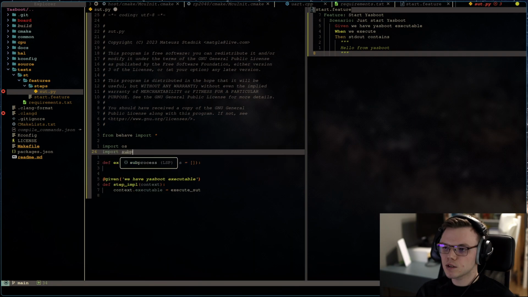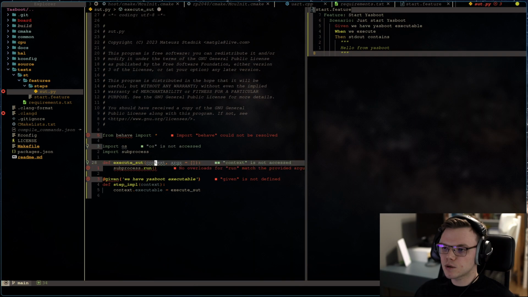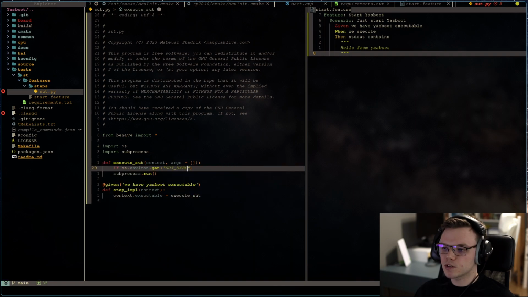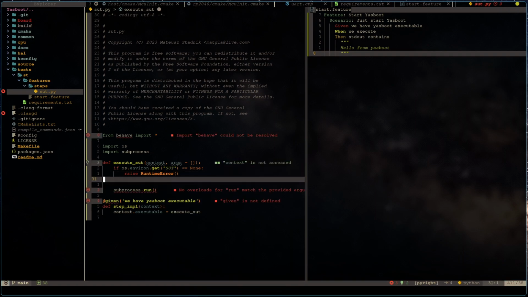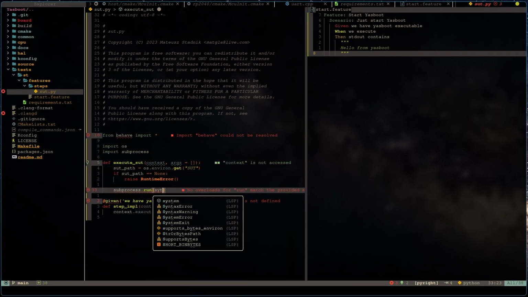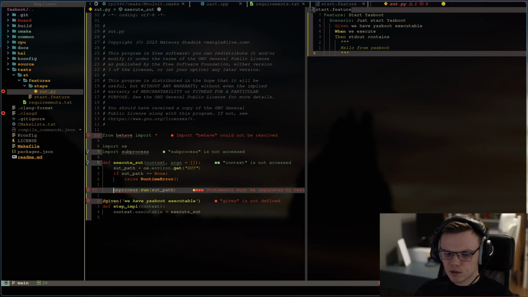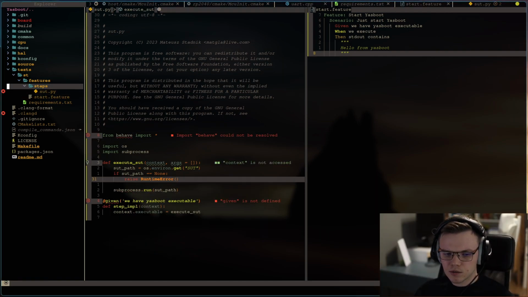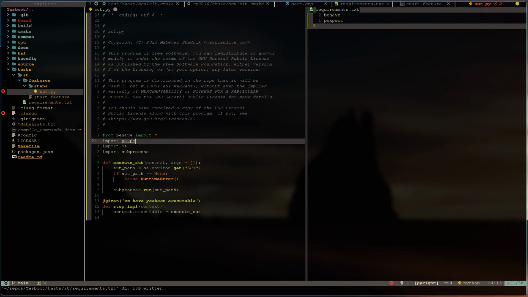So let's get the executable from the environment, and then I'm using subprocess run to start my application. But wait, with subprocess run it will be hard to fetch our streams, so here pexpect comes.